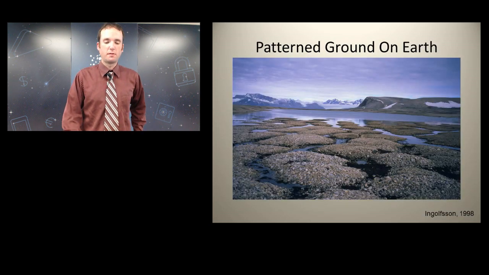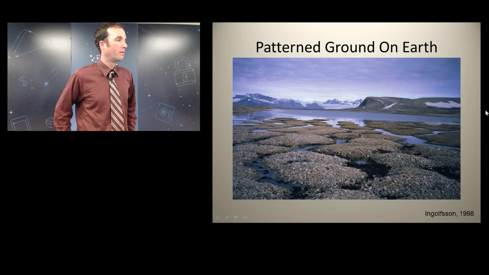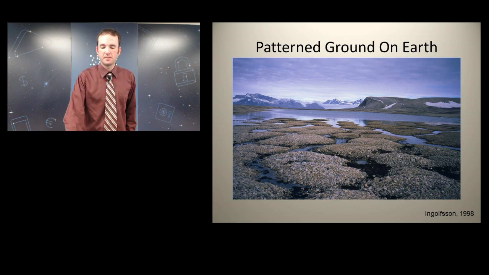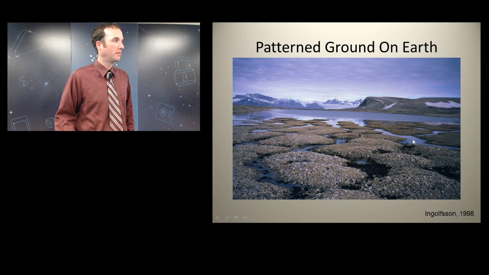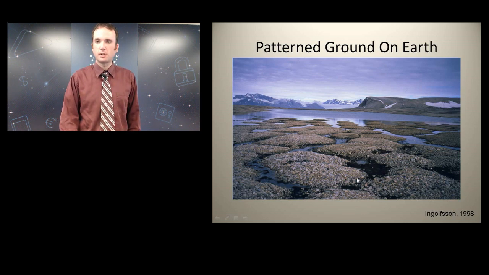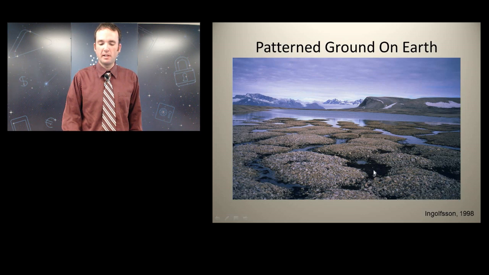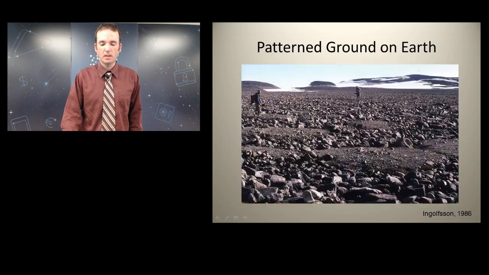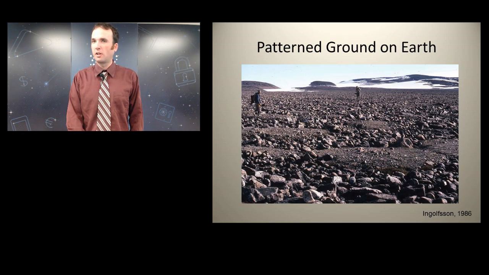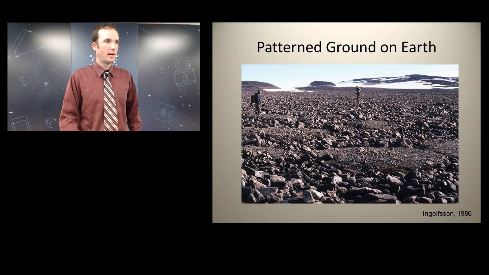So here's an example of pattern ground polygons on Earth of the frost heave variety. This is a picture from Ingólfsson, 1998. And here you really get to see how integral the water, in this case, is to the formation of the polygons. You have complete saturation of the near surface, and repetitively freezing this surface allows it to separate this finer domain, which I'm showing here, and the more gravelly terrain next to it. We also have polygons that can cluster much, much larger boulders as well, or cobbles to boulders in size.